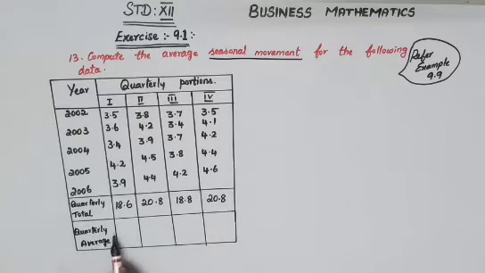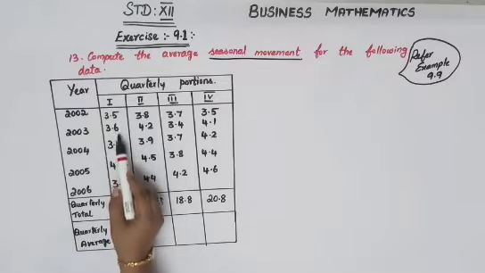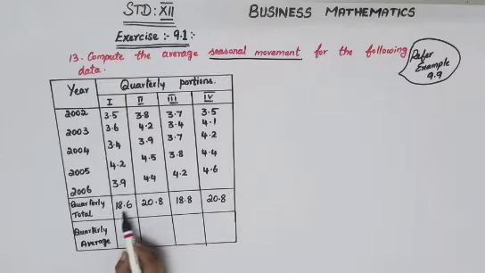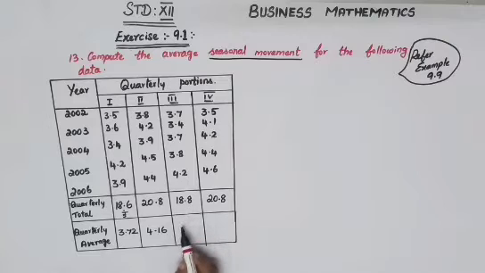So the next one is quarterly average. Your second step is quarterly average. You'll have to find it. Average is nothing but the total divided by the number of values. See how many numbers are there, 1, 2, 3, 4, 5. So that is 18.6 divided by 5. So I get your answer as 3.72. Same way, 20.8 divided by 5, you get your answer 4.16. Next is 18.8 divided by 5, you will get the answer 3.76. Next is 20.8 divided by 5, you will get your answer 4.16. You can do it with your calci and then check it.